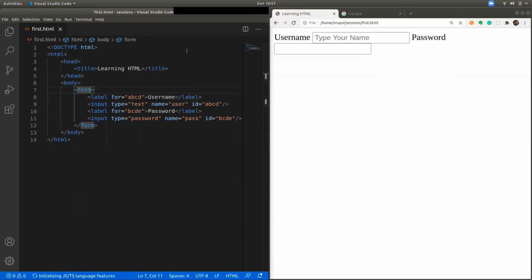Now you will be able to create this. If you do it, there will not be any visual impact on the page, but you created a form where you can take certain inputs from the user and send them to the server to do a lot of things. So that's all for today's session.